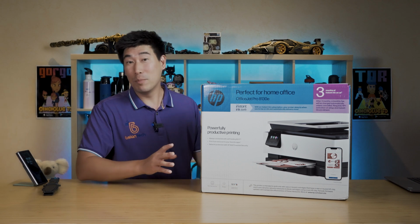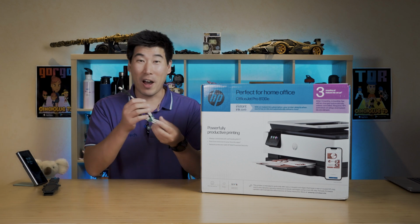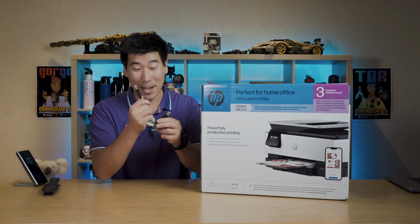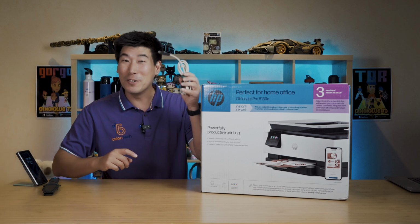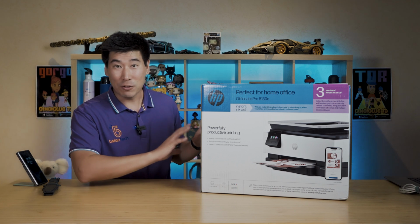Now, I'm going to do my very best not to use this cable. This is my backup cable that I love to use, and that's a USB-A to USB-B cable. And when all fails, this is my backup anyway. I'm going to try and avoid using this. I'm going to put it to the side here and try and use what's in the instructions in here, and